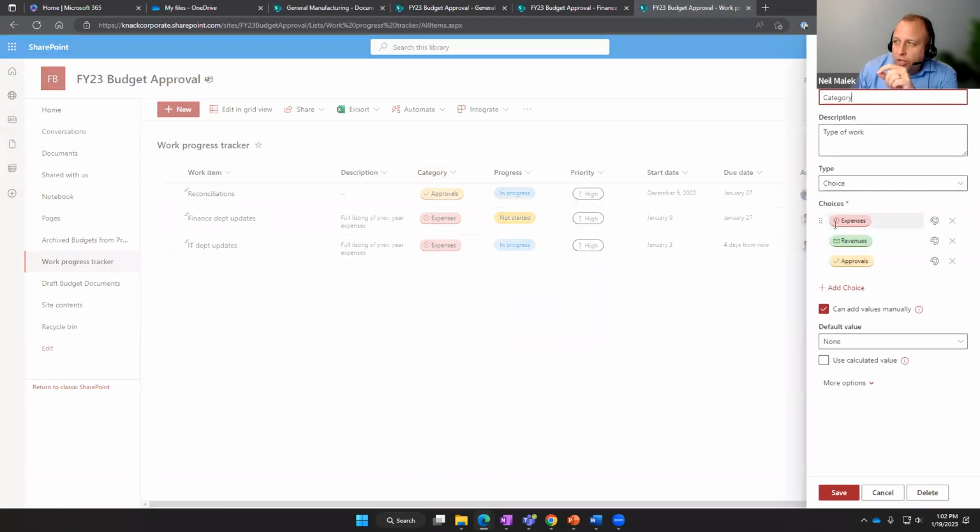What Bill was asking about earlier was this right here. So if you notice here, as I put my mouse on top of something like expenses, there is a little set of 6 dots to the left side of a selection. I want you to imagine it's like a handle. This is a little grid that shows you that you can click and drag this to a different position. So if, for example, approvals should go at the top of the list, you grab hold of that grid and drag it up, and approvals can go to the top